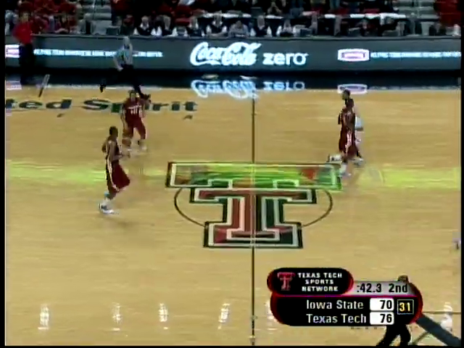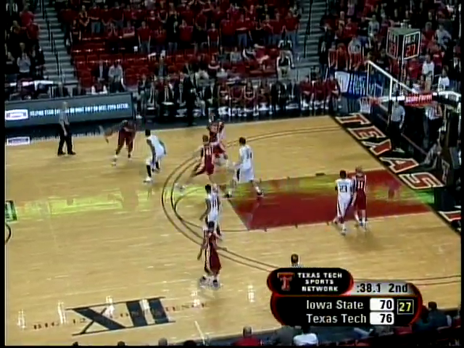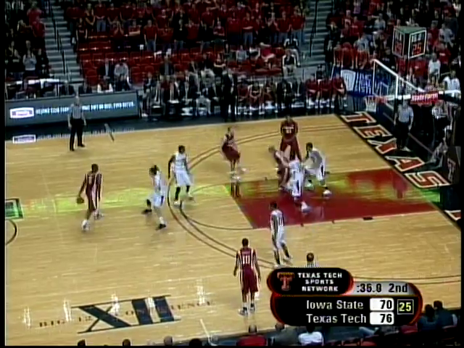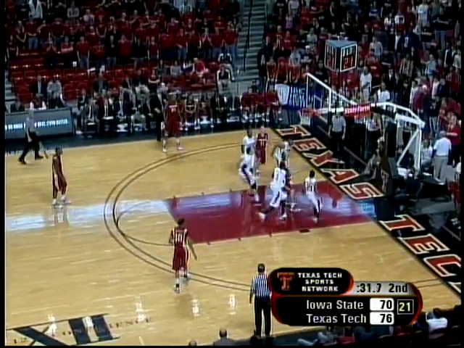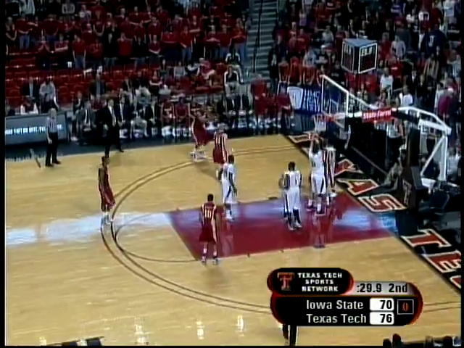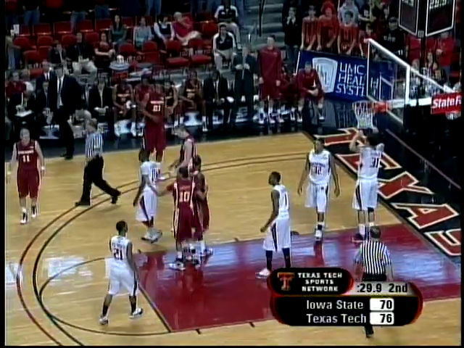So here come the Cyclones, and you would think they're going to put up a 3 here the way they've been able to knock them down tonight. Well, they've got some people who can do it. They're going to use the double screen over on the near side of Brackens and Hamilton and let Christopherson, could not get that shot. I think he was too close. Yeah, Christopherson, when he